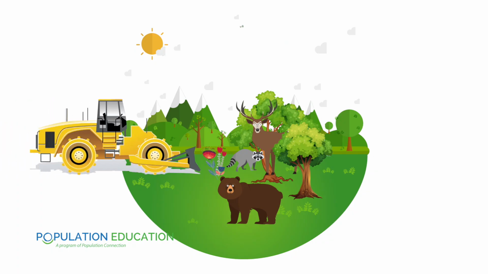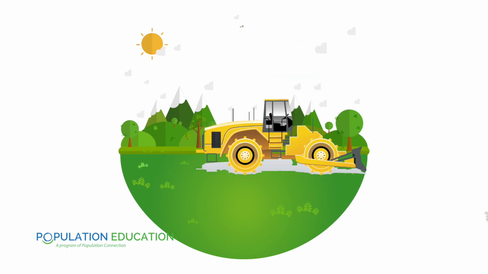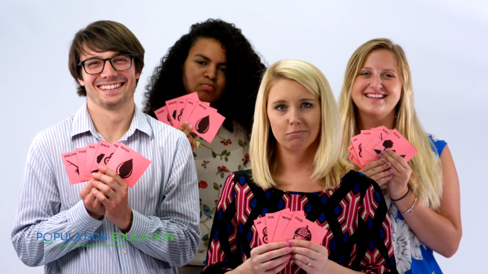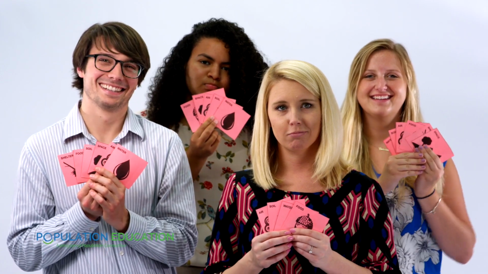If a person does not have all 6 cards, they'll have to step away from their habitat circle. That represents them not being able to collect the resources they needed to survive. In our example, we're using a development encroaching on the habitat. So you'll see 2 of our students were not able to collect space or shelter cards. Now ask all the students to again return their cards to the habitat, leave the area, and face away.